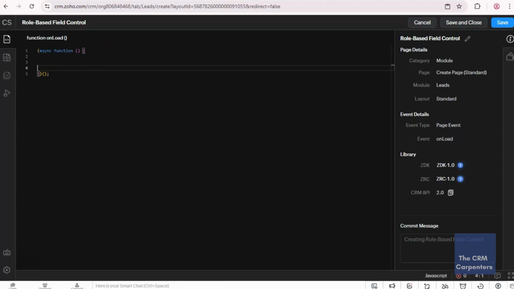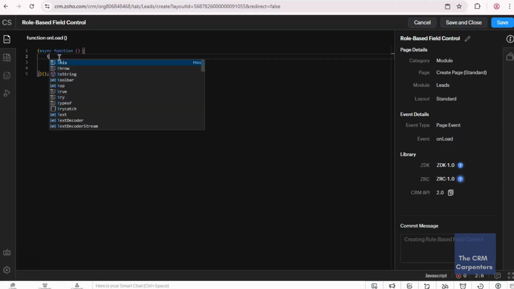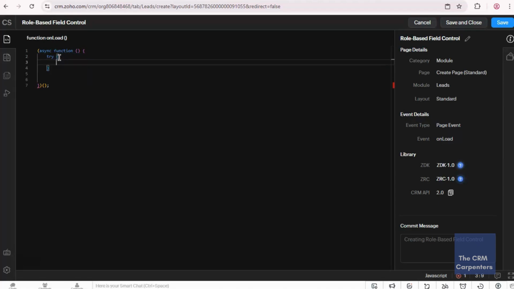An async function is a JavaScript function that allows you to work with asynchronous operations, meaning tasks that take time to complete. So it will run in a clean and readable way. To start, we should wrap our whole script in a try catch. That would be a safe way to have this work.